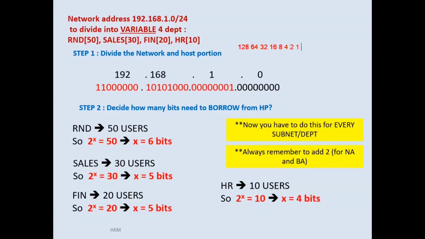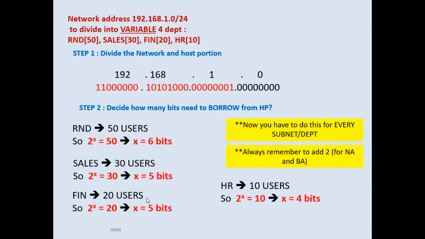And if we go back and look at how many R&D users need, 50 users, you see that either you give them 32, which is not going to be enough, or you give them 64, which will be a bit more than 50. Of course, we're not going to give them 128. So if you see here, 64, that means we need to borrow 6 bits. Okay. So for sales, 30 users, 5 bits. For 20 users, 5 bits,